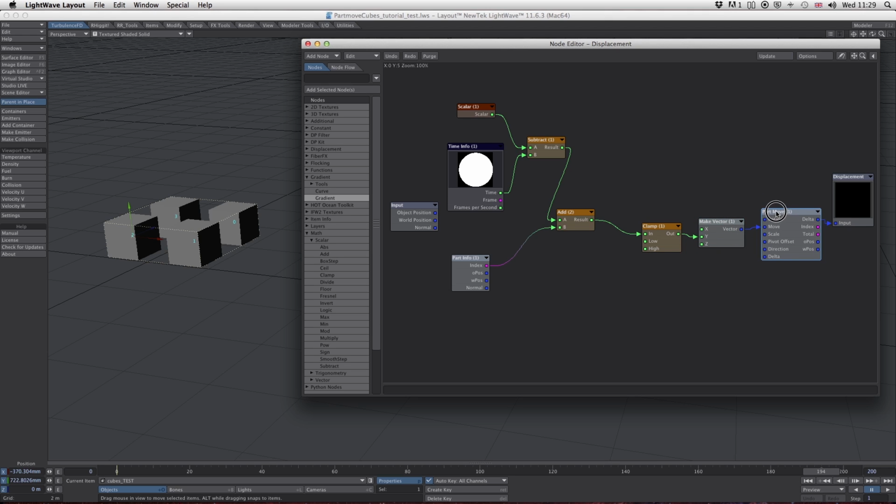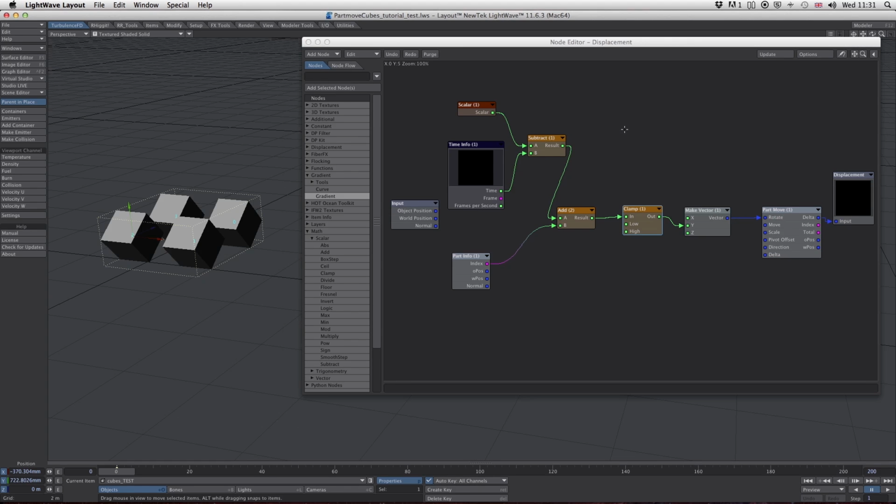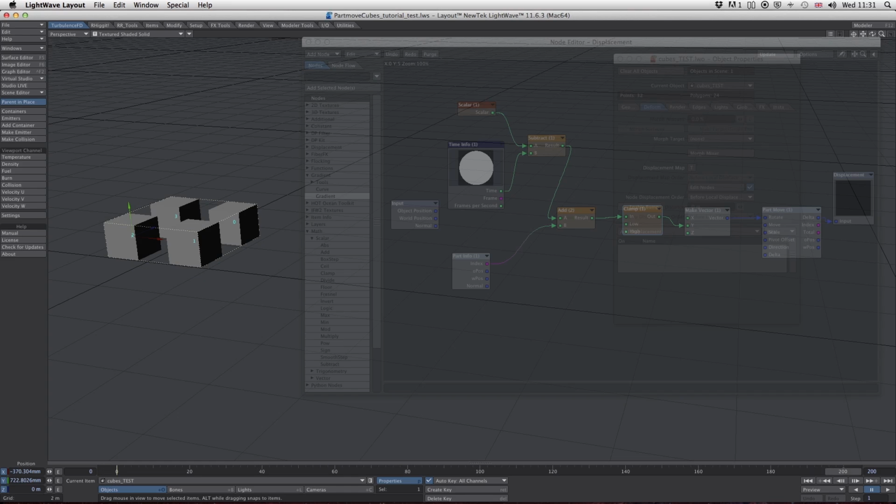Okay, so what happens, say, if we want to change this look of this entirely, and instead of having them moving in and out, we want them rotating. So say the blocks in a display or something like that, we want them to roll over and show different numbers. Well, we've already got this network, so what we can do is we can just plug this into the rotate. So if we look at this now, we can see that our cubes are actually all there, all rotating, but